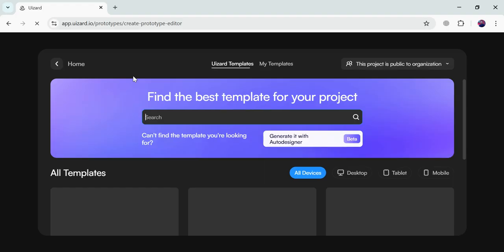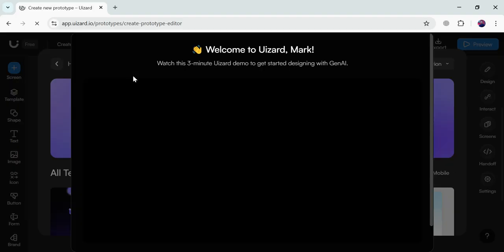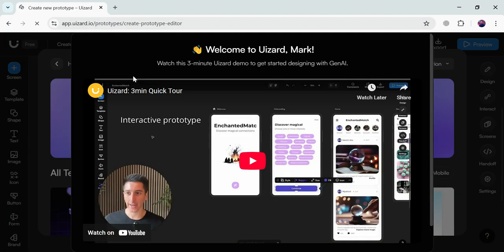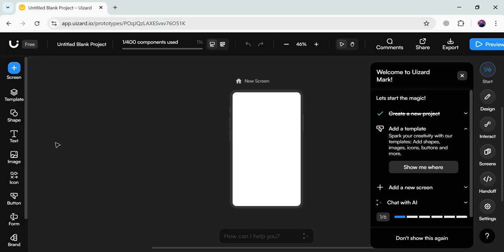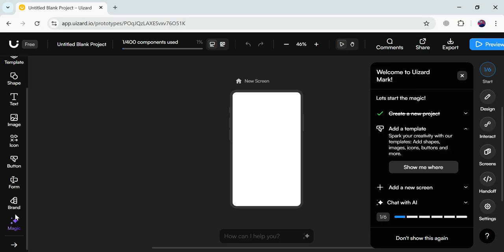So here I will upload one of my sketches. I drew a handmade bicycle, like I drew it with my pencil, and now we will just continue to use it, and here you will see the screen. Okay, so I clicked on the screen button, and here you will see in the left corner at the bottom the magic option.